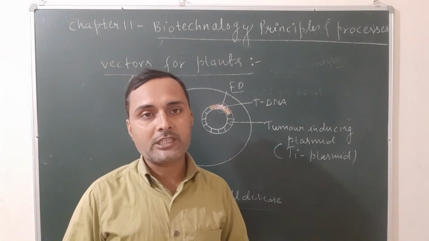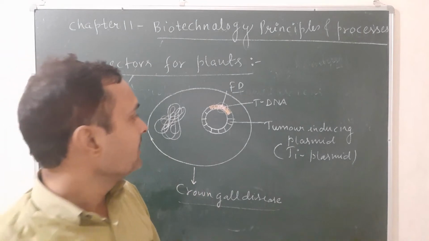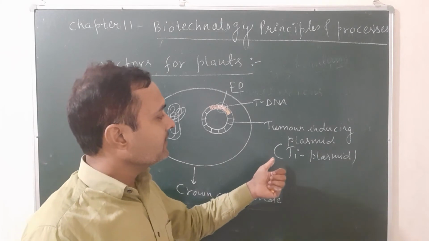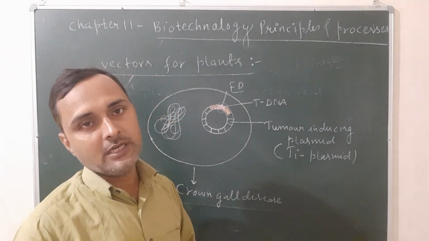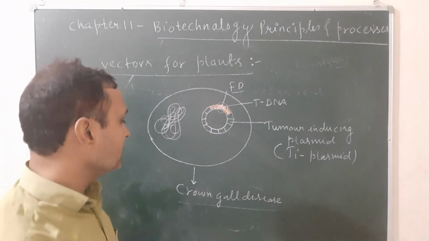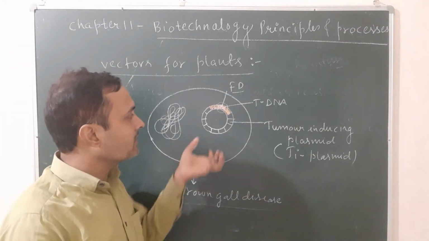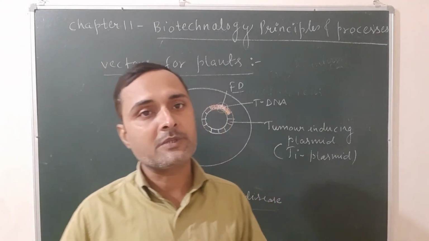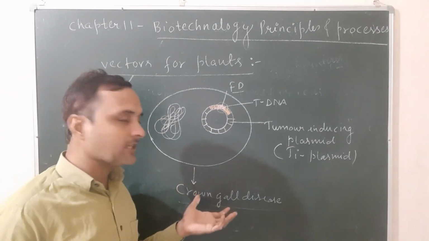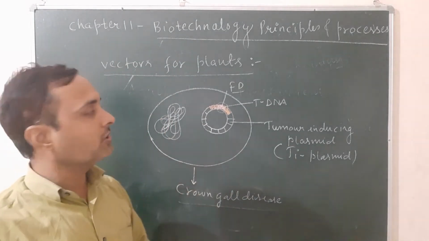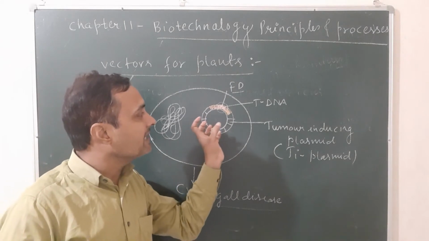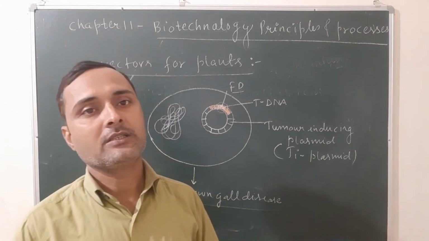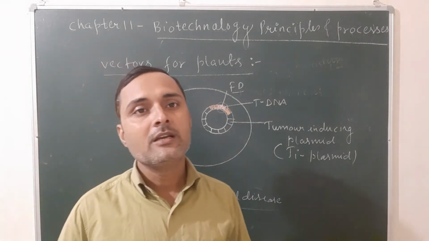Once again, Agrobacterium is a special kind of bacterium that contains a special plasmid known as the Ti-plasmid. Ti stands for tumor-inducing plasmid. Normally, this bacterium causes crown gall disease. But when we insert our gene of interest between the tDNA, say a gene responsible for resistance, and the bacterium infects the plant, the foreign gene will be expressed in the plant cell, and the plant becomes resistant against the particular disease. So this is all about the Ti-plasmid, the vector for plants.